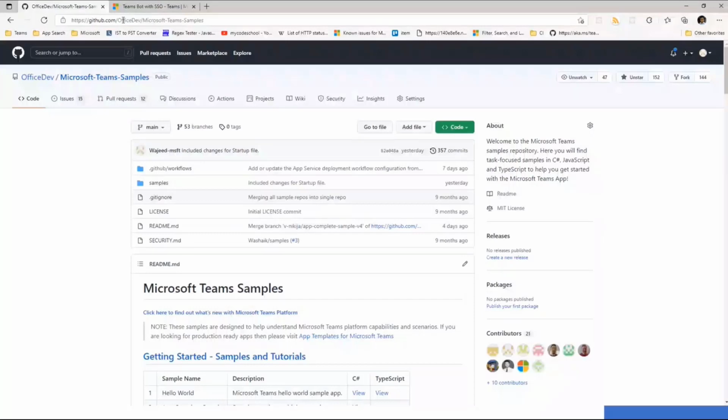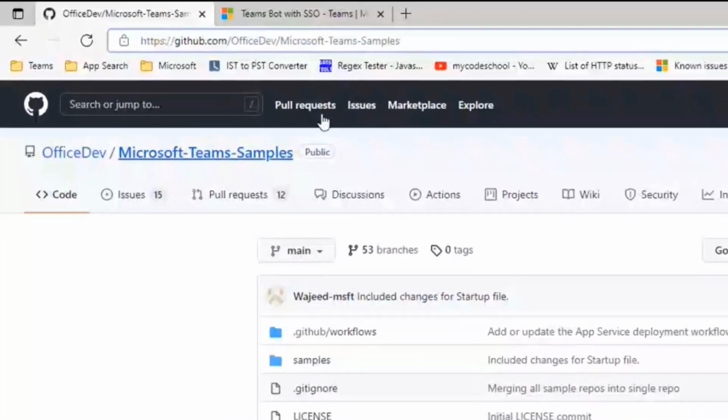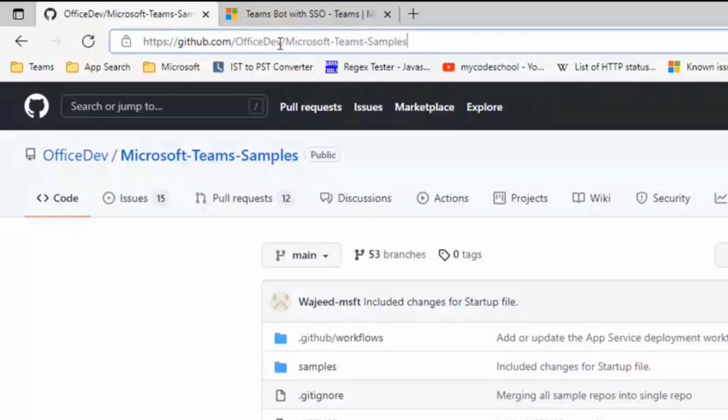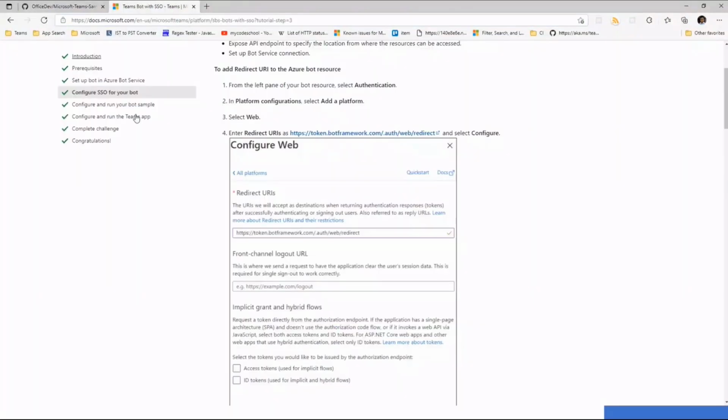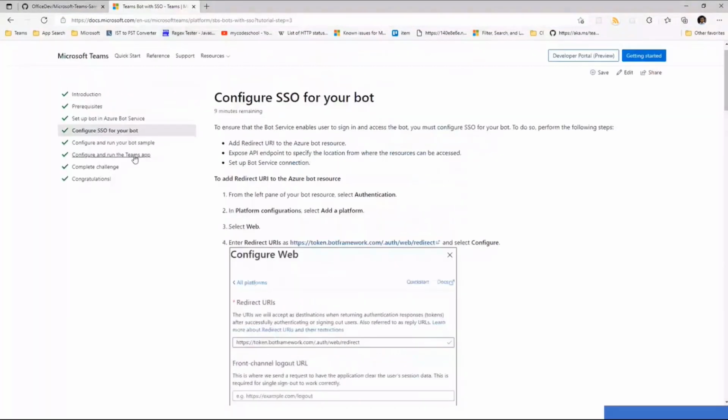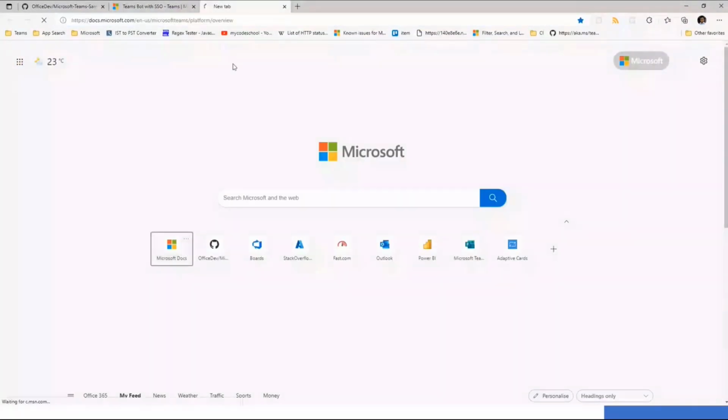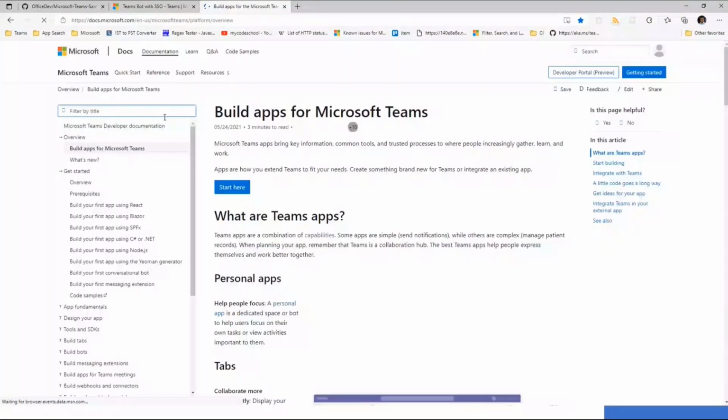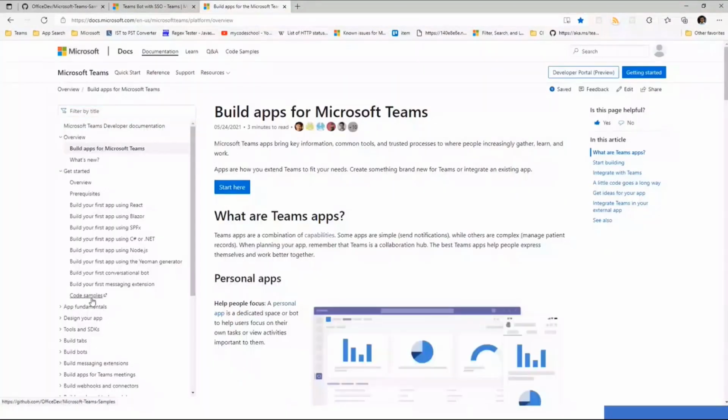Okay, awesome. So the samples are here at GitHub, OfficeDev and Microsoft Teams samples. And if you go to the Teams documentation, let me just go back to the documentation. The best way to get started, we have a link to code samples. Click on this and you'll be redirected to the GitHub repo.